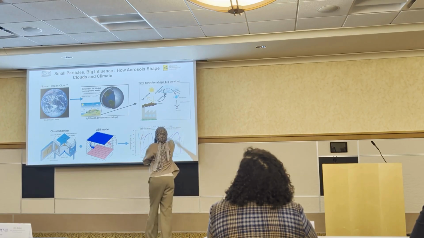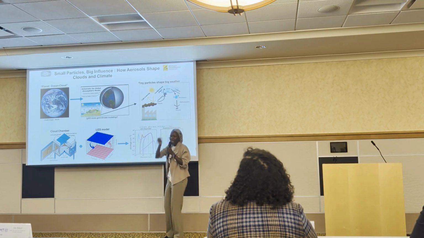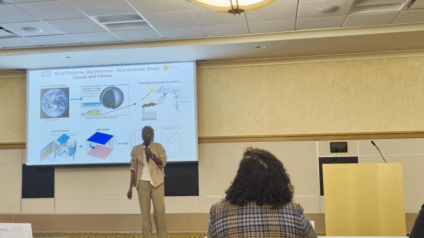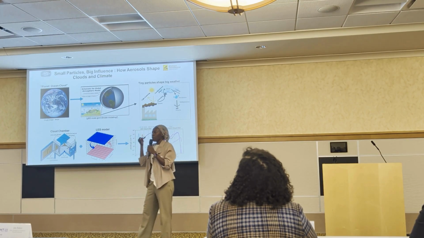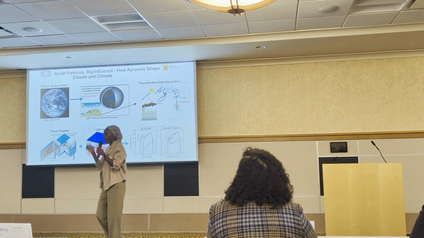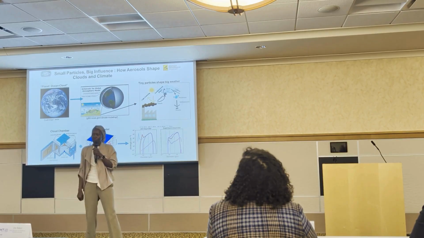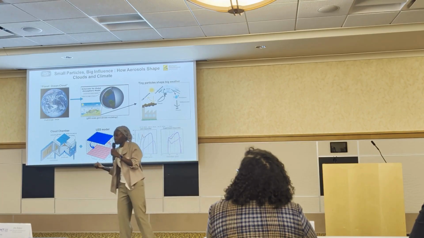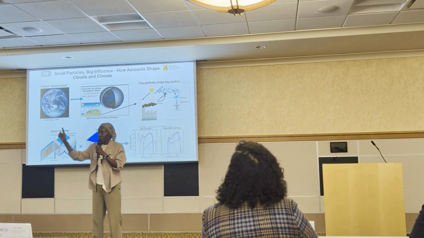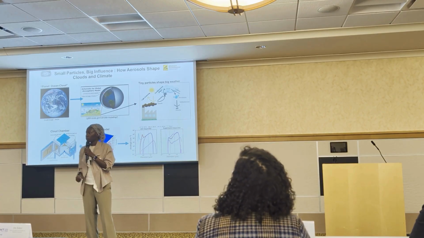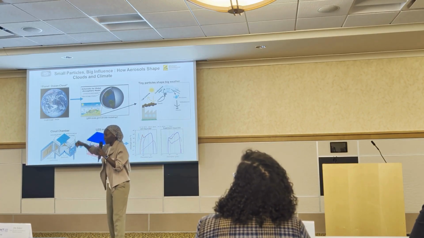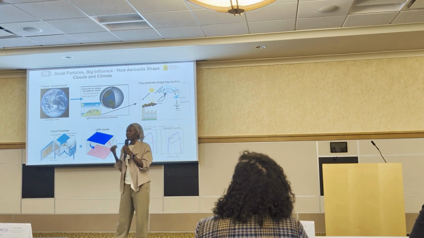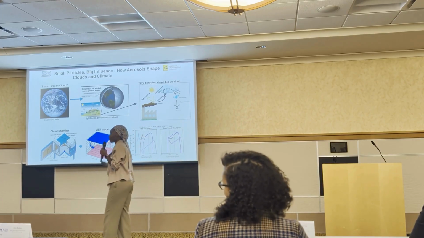Well, the answer begins with those tiny particles suspended in the atmosphere called aerosols. They come from the ocean, the wildfire, dust, and yes, from human pollution. Clouds are made of tiny water droplets, but a droplet doesn't grow on its own. You need a surface to cling on. That's where aerosols come in. They are like the seeds for the clouds.